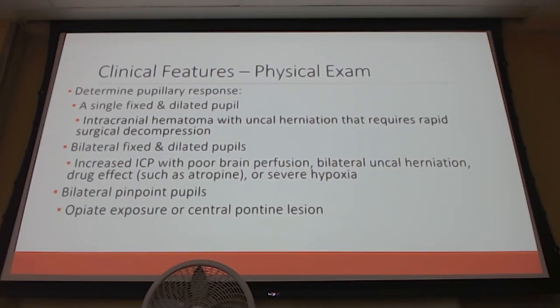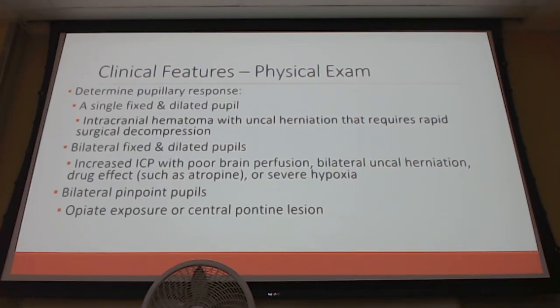But we want to check the pupillary response, so the equal, round, reactive. I think normal pupils are like 3 millimeters. Some patients can have anisocoria, which is usually not a large difference in their pupils, but it's large enough to be noticeable. They say it's in like 30% of the patients. Like 30% of the population has